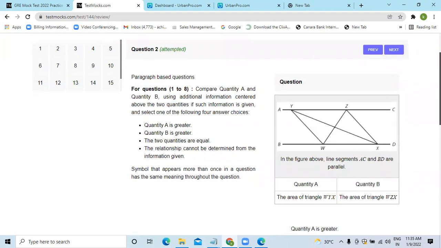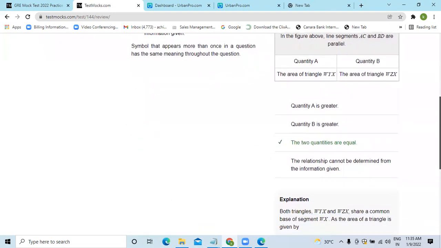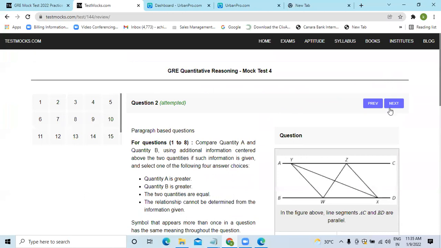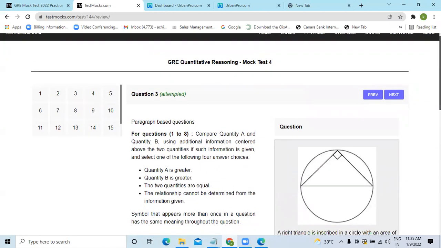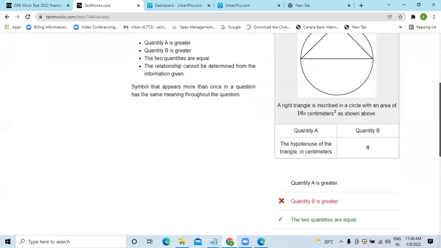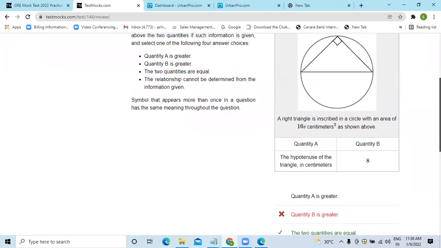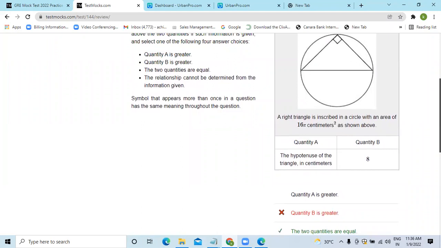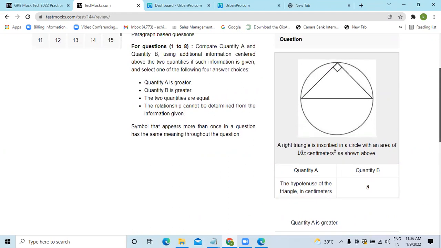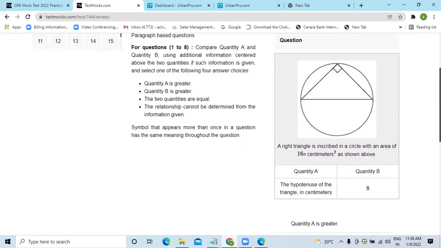So the next question, let's see question number 2. You got it right. The two quantities are equal. Perfect. Good. And question number 3 is wrong. See, again, make a note, Vedant, because of more questions in geometry, your scores dropped, right? Okay, so 2 questions went wrong here. The other one I can understand. Even this you should have marked as B is greater. Then I would have really appreciated. And see here, what is this question?